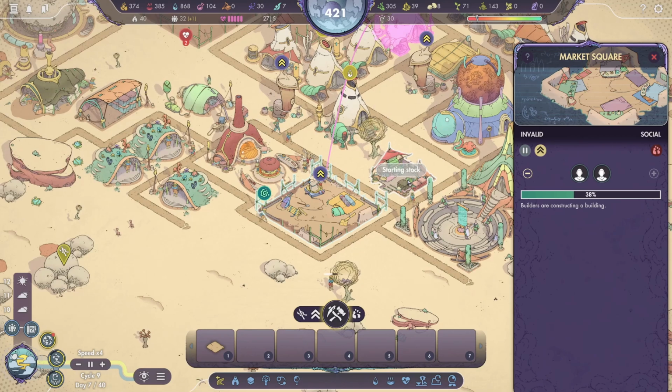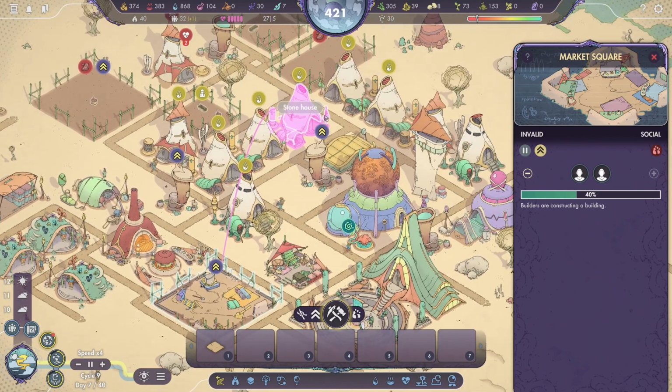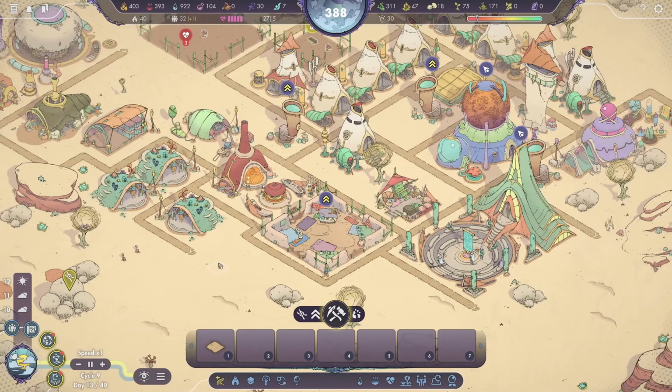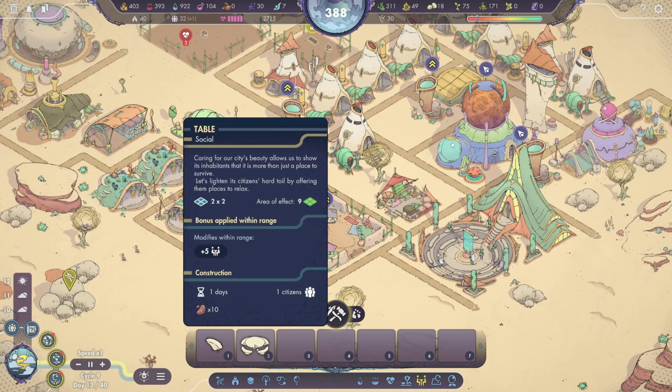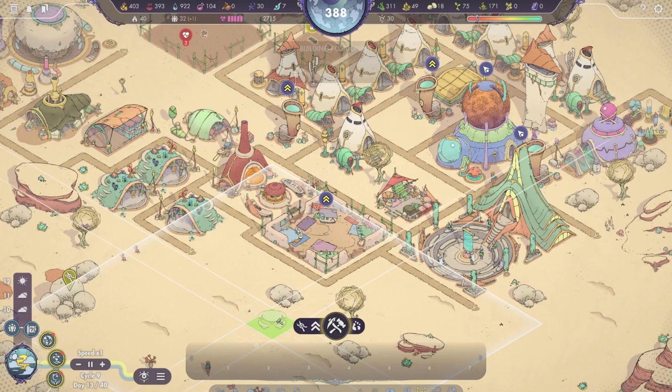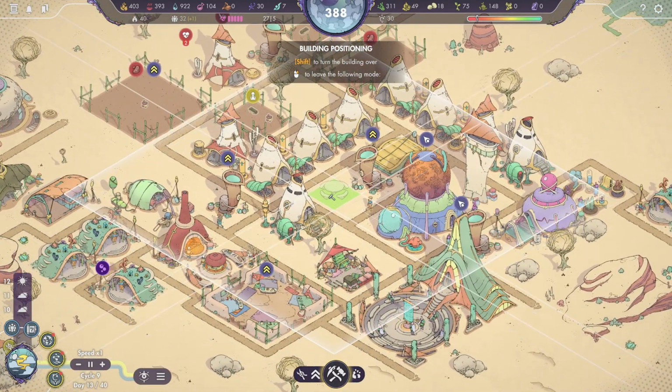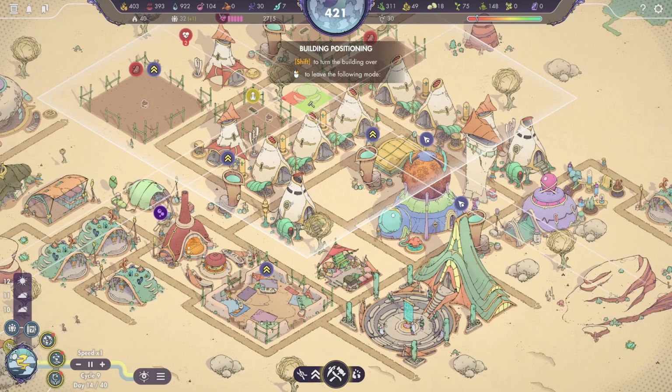This, I think, I'm hoping at least, gonna improve life. I'm still very disappointed with the satisfaction level here, I must say. Right, we still haven't got our market square, but we've completed a bunch more research, and I think we've now got this social tab here, and this gives us tables, it looks like. Social, caring for your community, allows us to show its inhabitants there's more than just a place to survive. So I think this gives social buffs to people, which is great, because I left all these spaces here